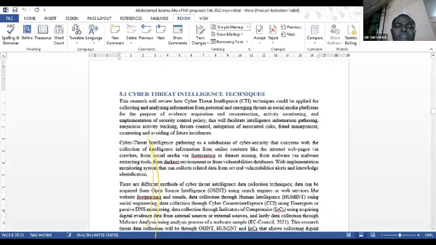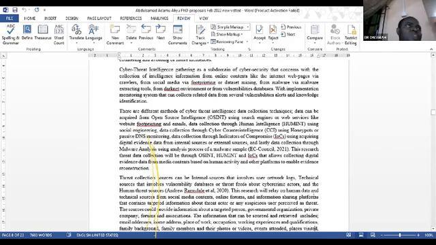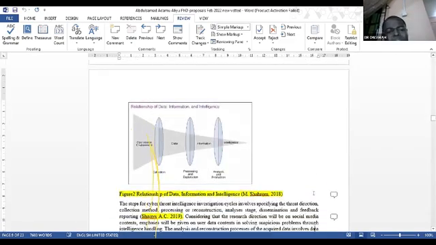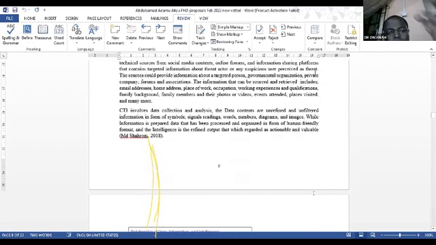Now, you now talk about cyber threat intelligence technique. I don't know where to put these ones because you have not chapterized your work very well. I don't know if this one is under where it should be. It's supposed to be under chapter 2, which is literature review. And I said it should be between 8 and 10 pages. So this should be under chapter 2, where you now talk about many other things: cyber security in banks, cyber security in MTN, cyber security in the university. All manner of slightly relevant things cannot be spoken of. So when you chapterize it properly, you should be able to place that where it is.